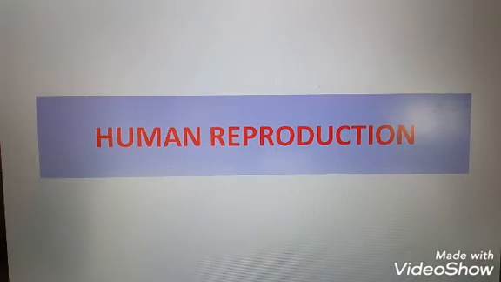Number of chromosomes. Okay, primary oocyte 46 chromosomes. Oocyte means ovum, so the number of chromosomes in ovum is 23. Then secondary oocyte 23. Follicle cells 46. So the primary oocyte and the follicular cells have 46 chromosomes. Clear it is. Primary oocyte and follicular cells have 46 chromosomes, and the ovum and the secondary oocyte have 23.